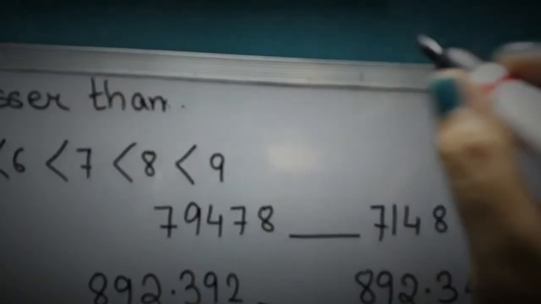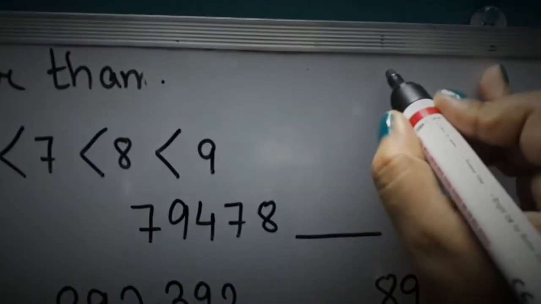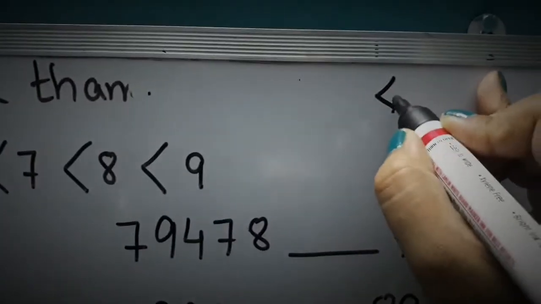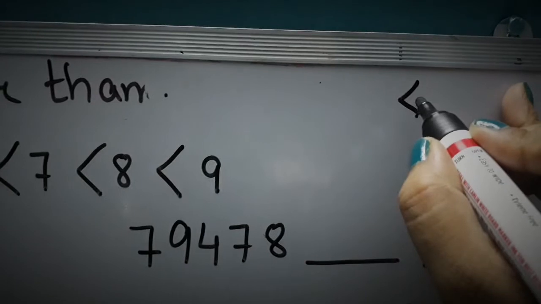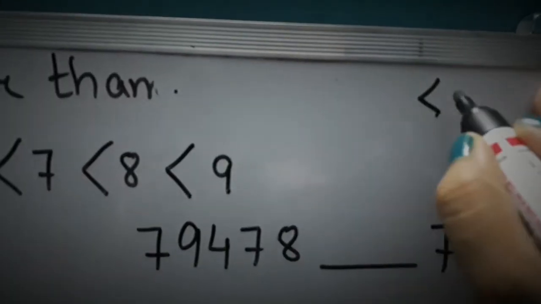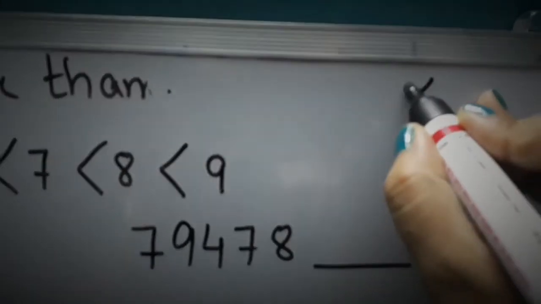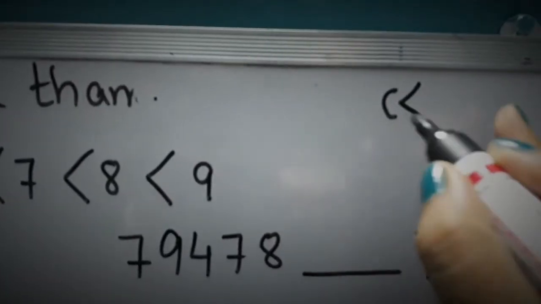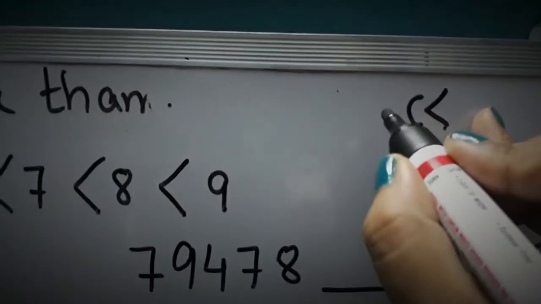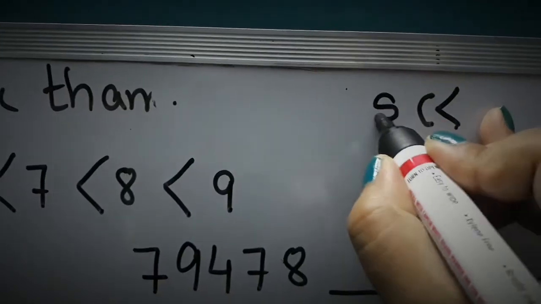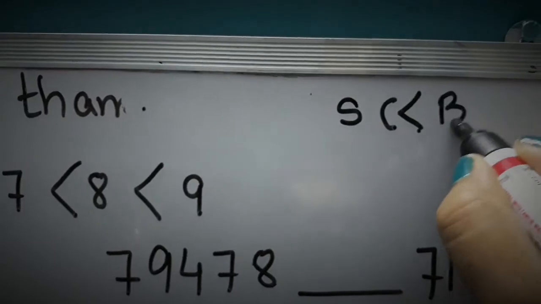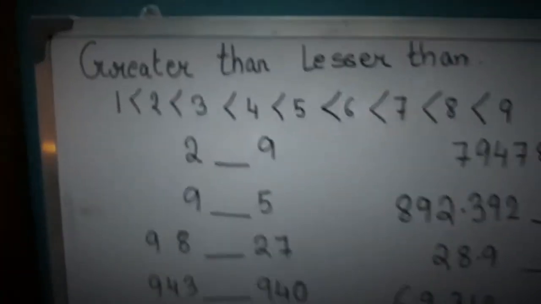When some number is bigger, you put the open mouth towards that number. So this tells you the number is greater, and when we put the smaller, closed mouth towards any number, that time we say that is a smaller number, and the open mouth we will say is the bigger or larger number. So let's start.